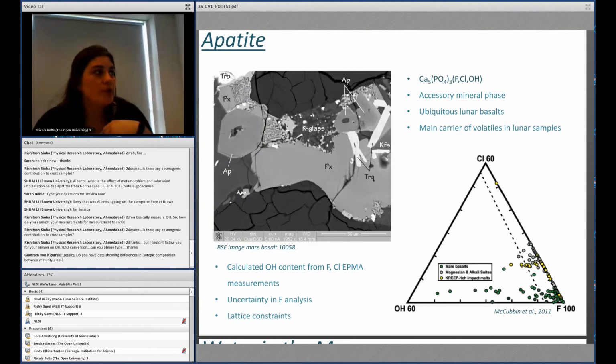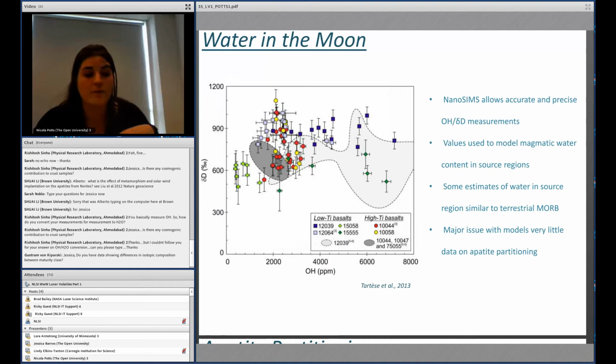verified by the ion microprobe, but we've been really fortunate here at the OU in that we have NanoSIMS, as Jess was saying, and we've been able to now start getting accurate and precise OH measurements and delta D measurements for the Apollo samples. So this graph is the work that's been done on mare basalt by Roman Tortes, who's a postdoc in the group here. And we've just seen the results that Jess got for the highland samples. So you can see we're seeing quite a variety of OH and delta D signatures,